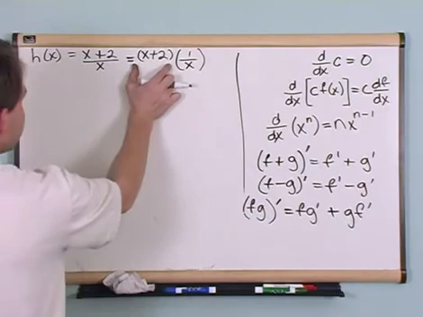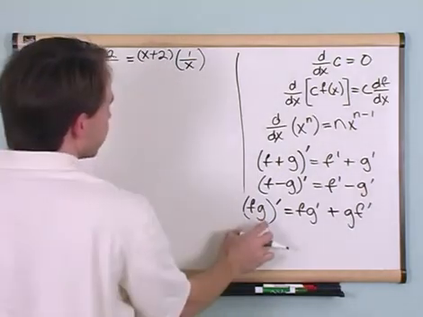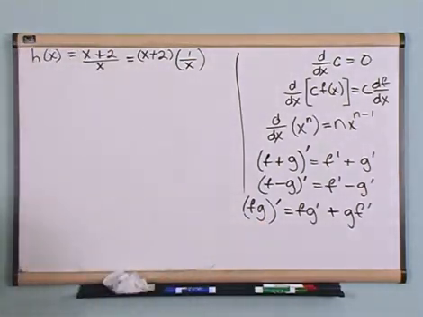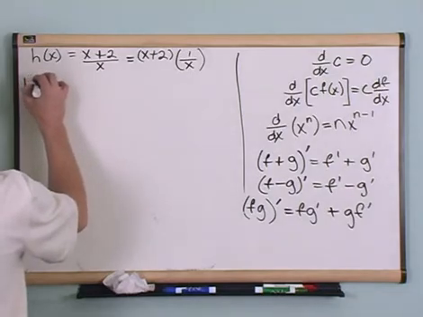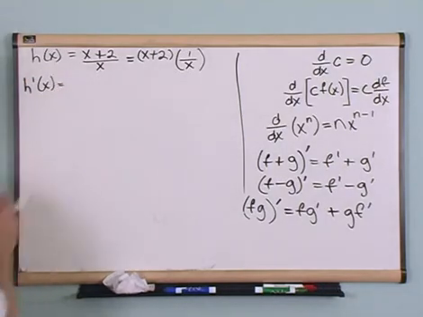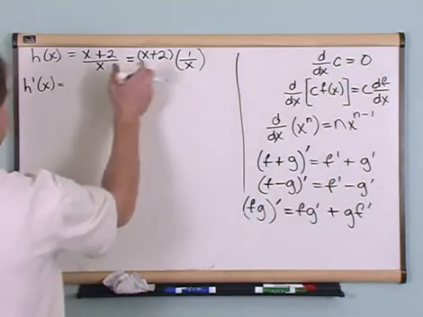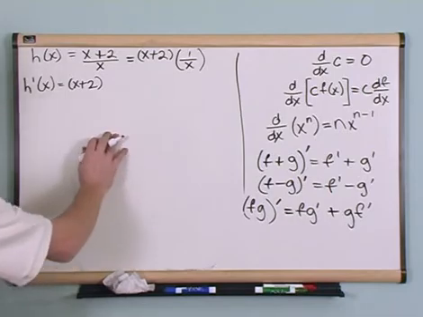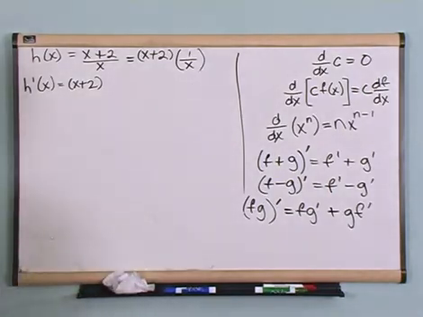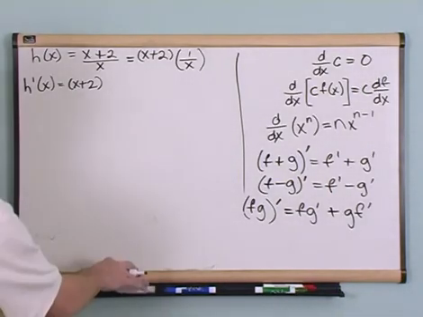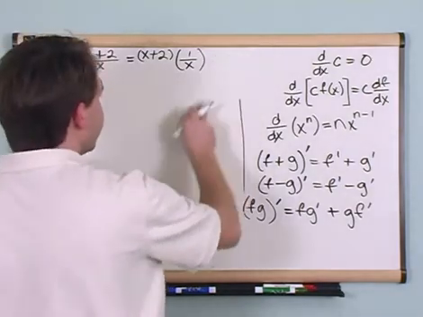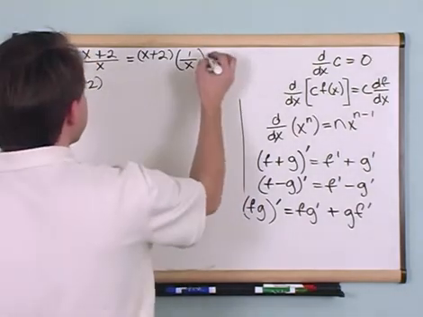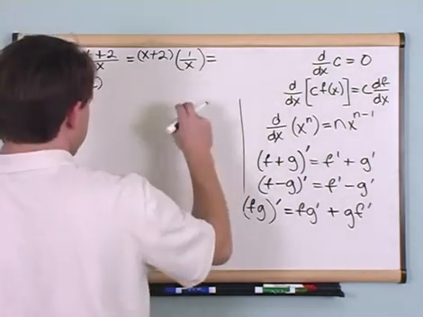Now I've got a function of x times a function of x, which is this. So in order to find the derivative, h prime of x, and this is exactly how I think about it when I work problems. I say first, which is x plus 2, okay, times the derivative of the second. But the problem here is that doesn't look like you know how to take the derivative of it. So you can further rewrite this, and you can say that this,